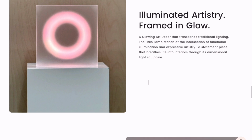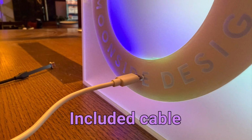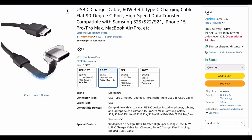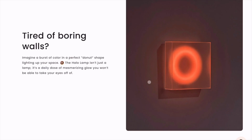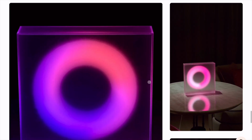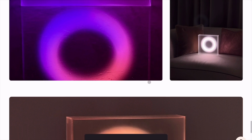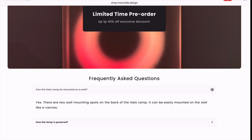Now, regarding the Halo lamp, it was a little underwhelming when I took it out of the box, and the effects aren't going to wow you, not to mention the fact that you cannot wall mount this thing with the plug as given. You would have to get yourself a right angle USB-C plug adapter and connect that to the on-cable control, and it's going to set you back another few bucks. But all in all, it's not a bad looking little thing. If you're into this kind of thing, you probably are because you're watching this video, it's not a bad little lamp. The design isn't nearly as earth-shattering as their website and promotional materials make it out to be,